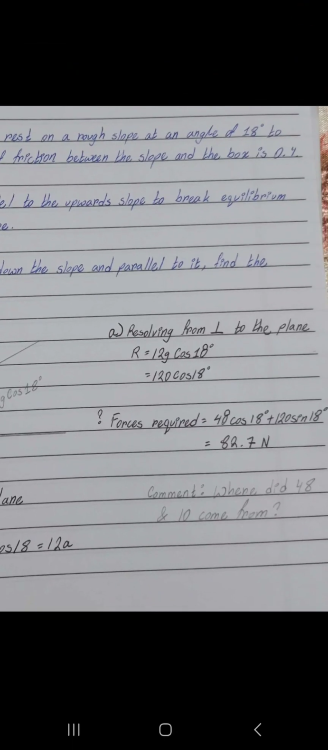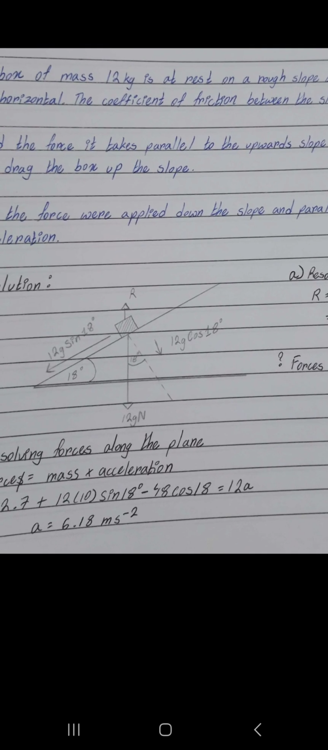Now, you were asking about the 10. Actually, please notice here the 120. I hope you understand where this 120 comes from. Here is 12 kg, and g is the gravitational constant, which is usually 10 Newton per kilogram. And this is a Newton. So the weight is actually equal to 120